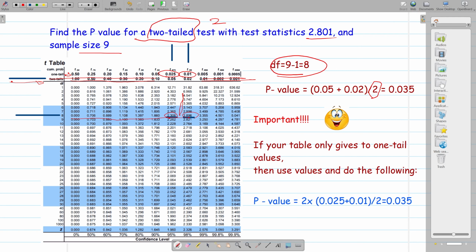Why? Because we assume that 2.801 is between these two values, 2.306 and 2.896. And again you should multiply it by 2. Why? We only considered the one tail row. In order to convert it to the two tail one, you should multiply it by 2. Then you will end up with the same answer as last time. See,